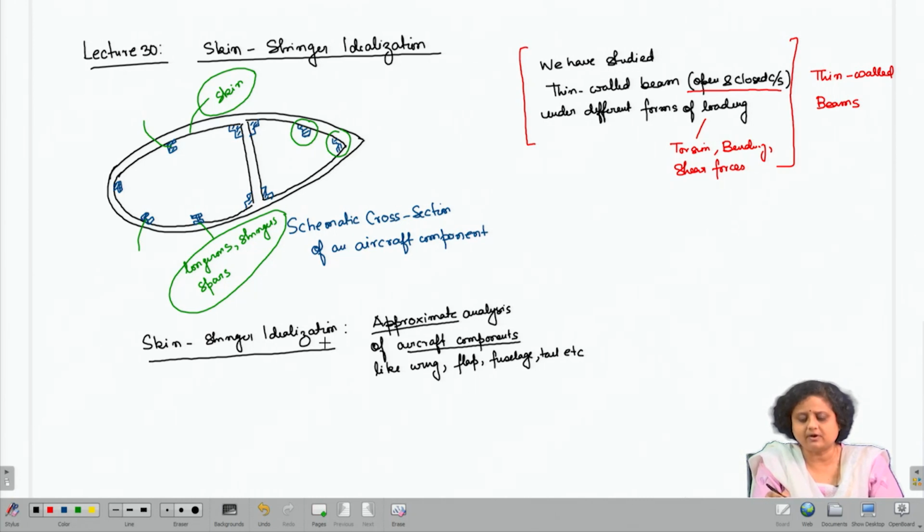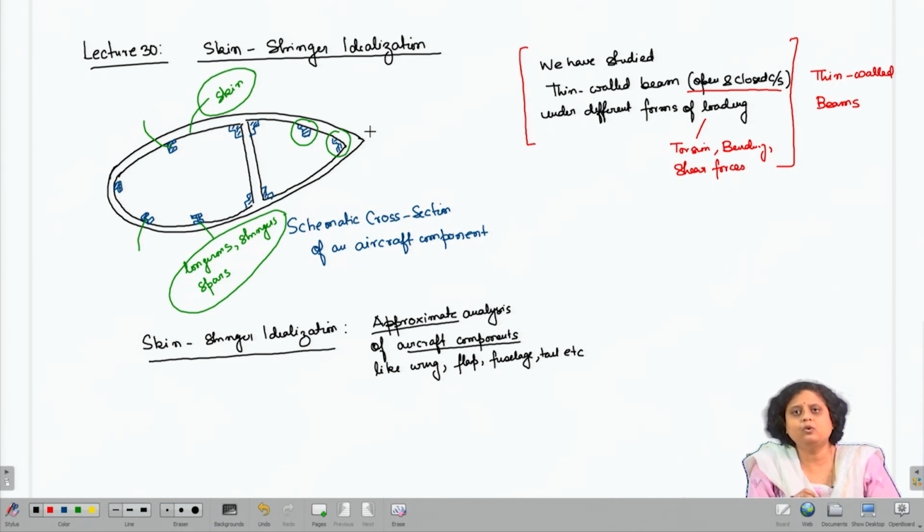So, even if we have a complicated structure like this, we can do a full scale finite element analysis of it. Computational power is very easily available and much cheaper these days because of high performance computing, because of GPU computing, and therefore, doing a full scale analysis of an aircraft component can probably be easily done, and we might not need to do the rigorous analytical study that we have talked about through the entire course.